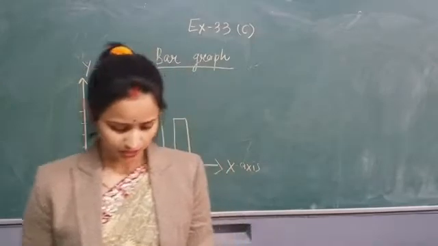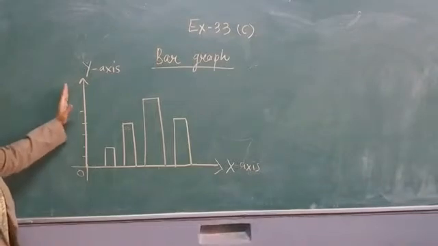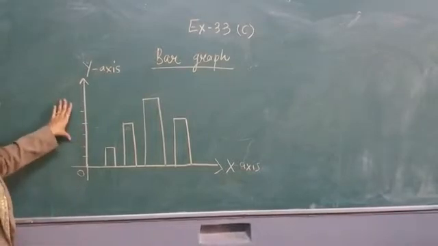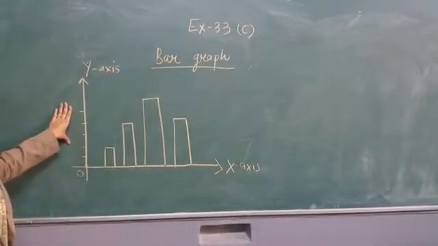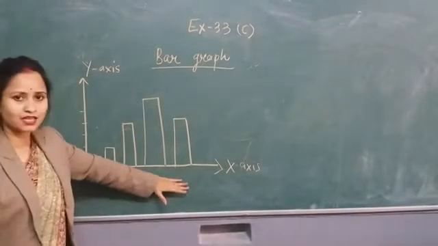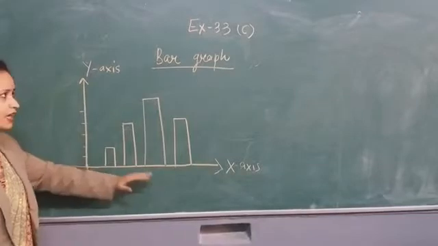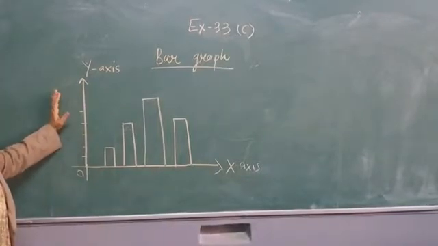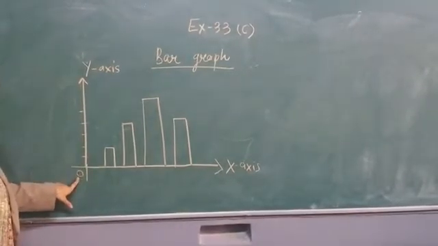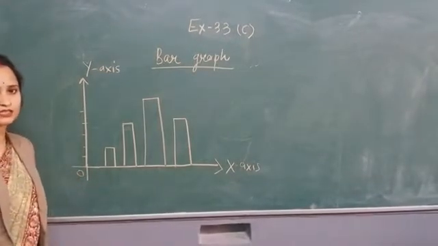Okay. Now, how do we present information in a bar graph? Like this, we will represent information, and presentation in this way is known as a bar graph. There are two axes, x-axis and y-axis. The horizontal line is the x-axis and the vertical line is the y-axis. And at the point of intersection of these two axes is 0. Okay? So, let us start the exercise.